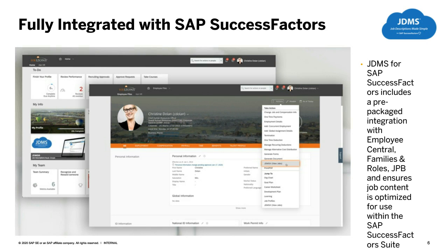Now, using a number of approved data sharing methods, including APIs and nightly data feeds using SFTP, we replicate the JDMS created job descriptions directly into your SuccessFactors system. Depending on whether you use families and roles or job profile builders, those job descriptions are automatically populated and updated on a nightly basis, and therefore become available to all of the SuccessFactors modules that present job descriptions or competency